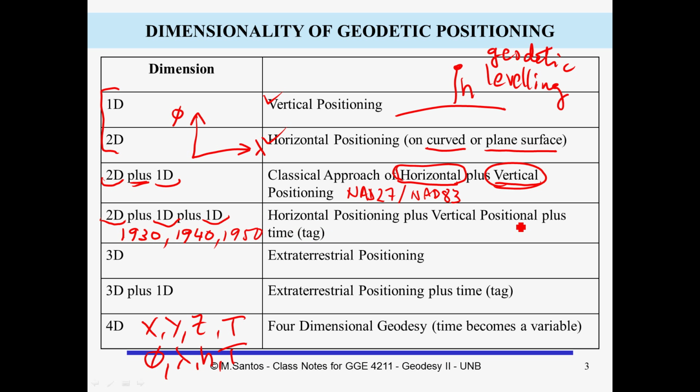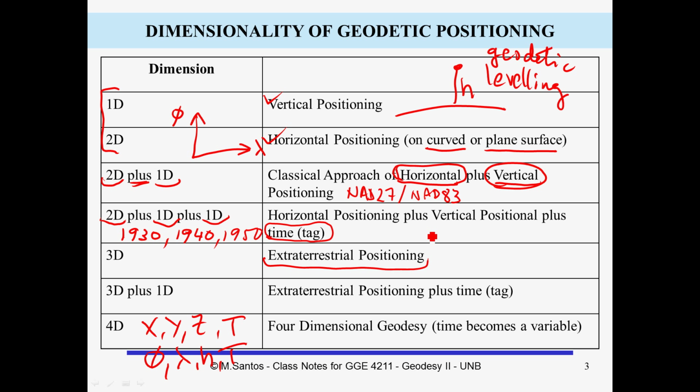So time is just a tag in the sense that it happens. These are episodic events. Now, then comes space geodesy,